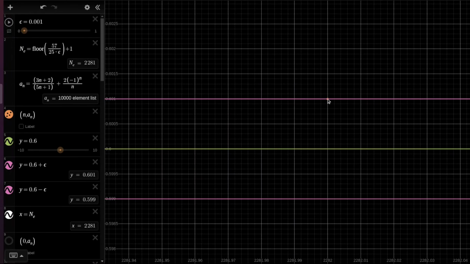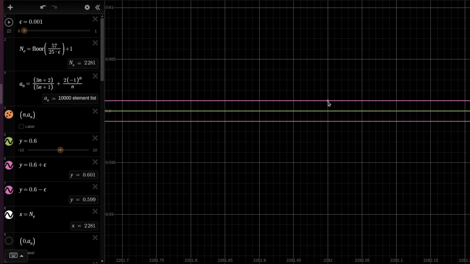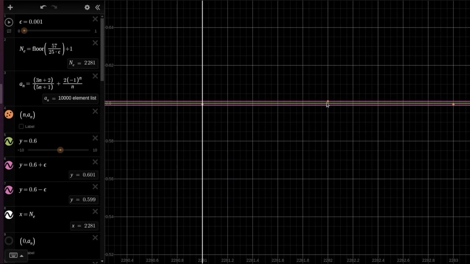So we see that all the elements starting from this threshold over here, their distance from the limit will be smaller than this, and this can be done for any epsilon. For any epsilon, we have this place, and we know how far enough we need to go, so that starting from this place, the distance of all the elements of the sequence from the limit will be smaller than epsilon. And this is the essence of the definition of the limit of a sequence